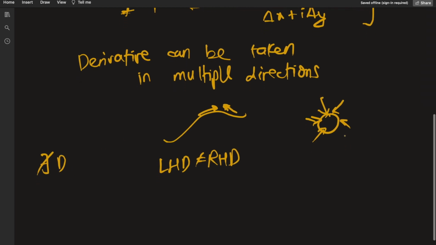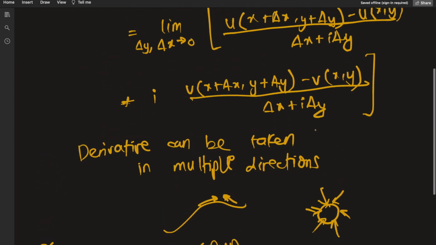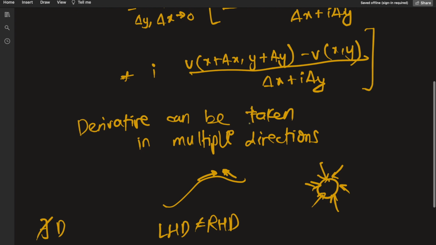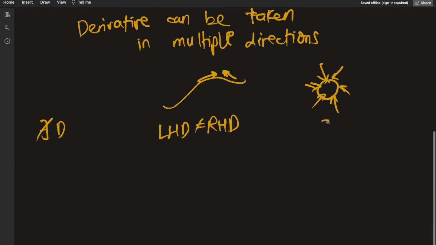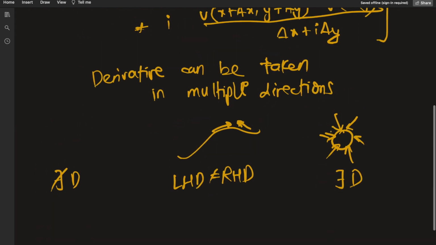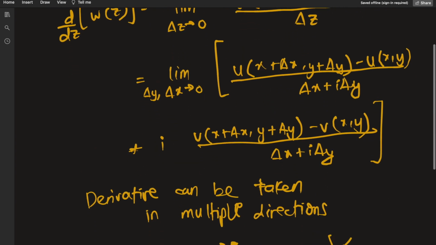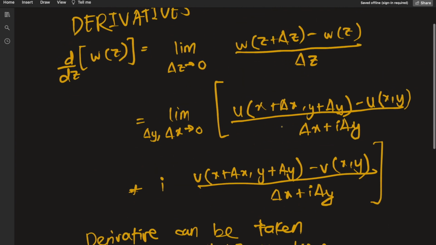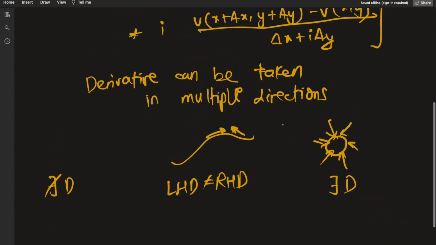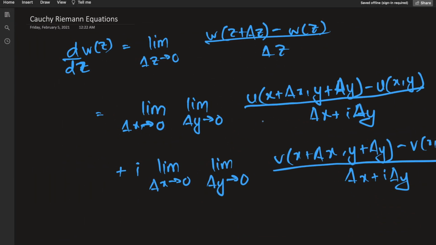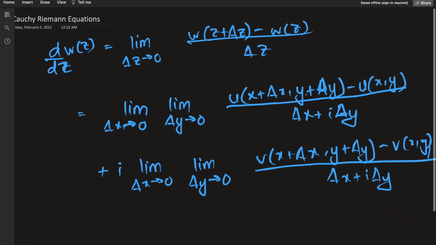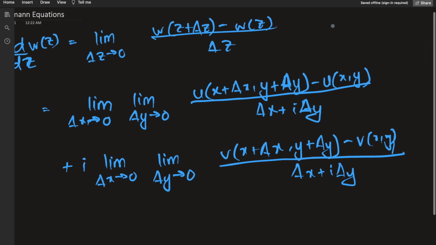So in the multivariable calculus scenario, it wouldn't make sense that different directions have different derivatives. We need to have a unique derivative irrespective of the direction of approach in order for the derivative to exist. So we need to put some conditions on these expansions that we've obtained, and let's do that on a fresh page. Okay, so this is the expansion we got, and I'd just like to point out that z was x